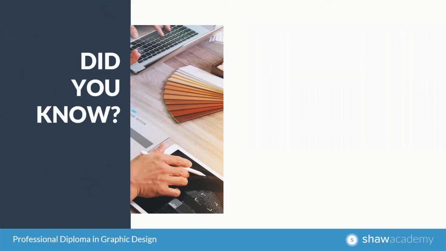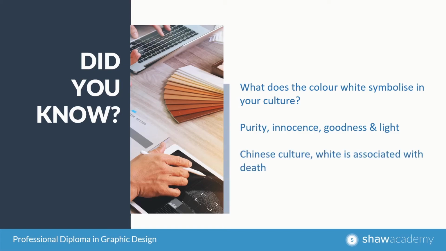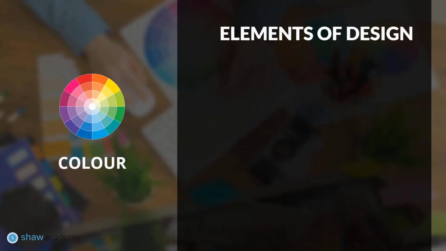I would like to give you some insight on the meanings of color in different cultures by looking at the color white. As with most cultures, the color white is a symbol of purity, innocence, goodness, and light. It normally has a positive connotation. But did you know that white resembles mourning in the Chinese culture? It is associated with death and can be seen quite a lot at Chinese funerals. Do you know and understand the symbolic meaning of colors in your culture?